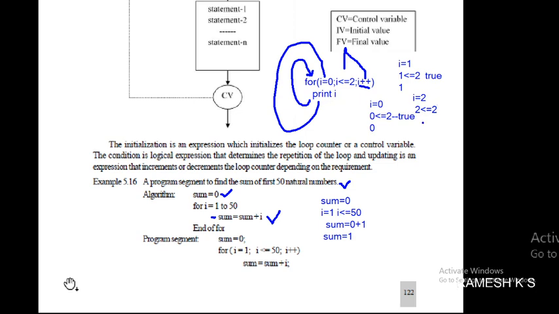So print I, and 2 is printed. Again it moves to the for, I is incremented and becomes 3. Now 3 less than or equal to 2 is false. Once it is false, the statement will not be executed and the for loop ends.